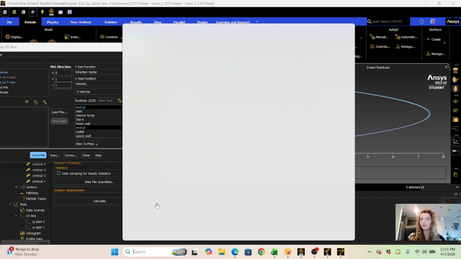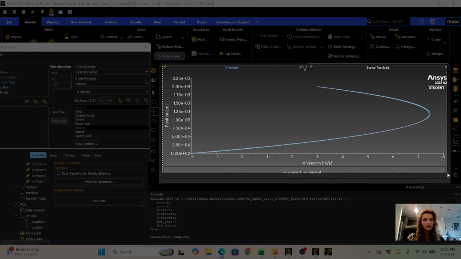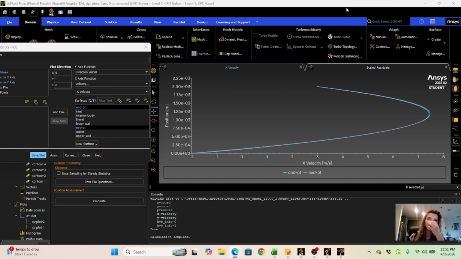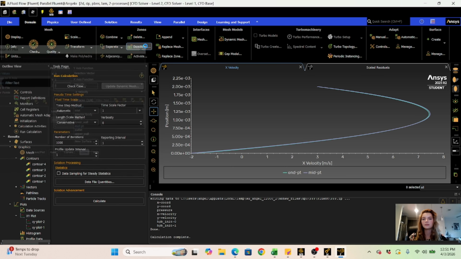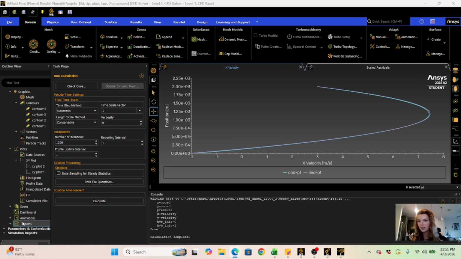Okay, and I am going to go ahead and snip this guy. This is what we're looking for. So, show velocity profiles at the mid and end section on the same graph. Good, we got that. Got that out of the way. I'll close this. Next step is to determine maximum velocity and the height at which maximum velocity occurs using Fluent results. All right, so that next step is going to be